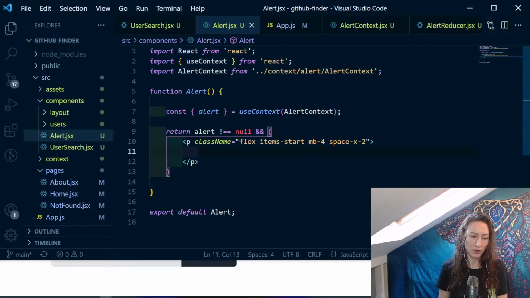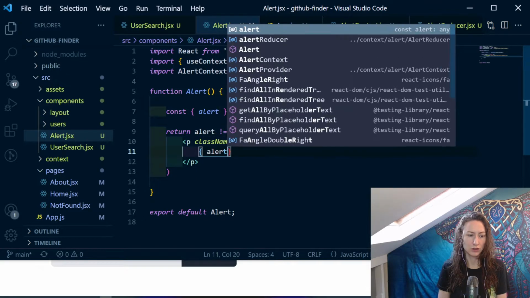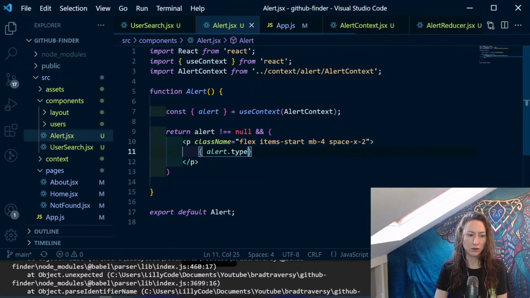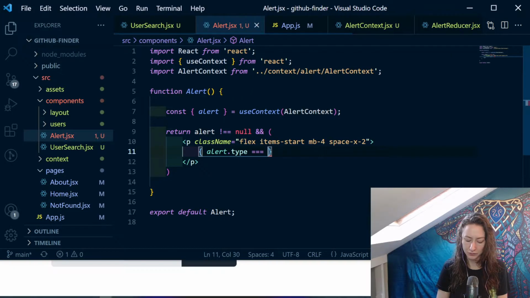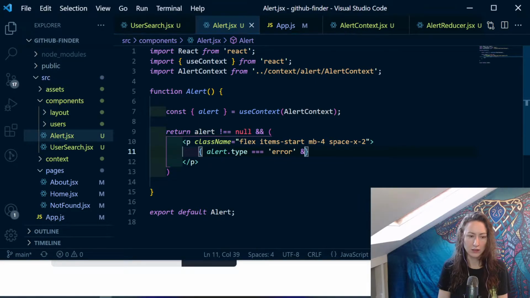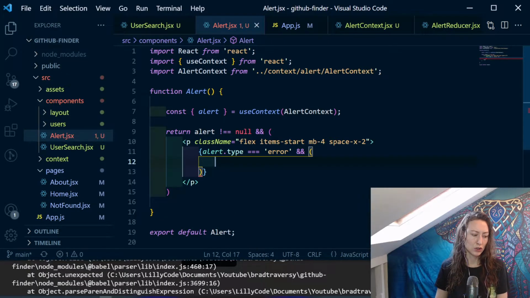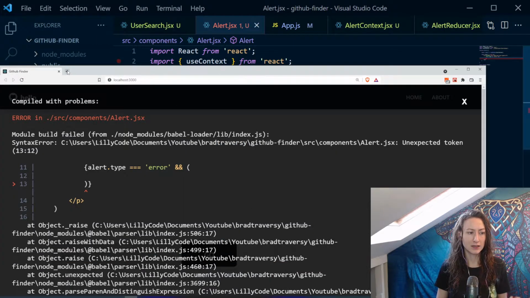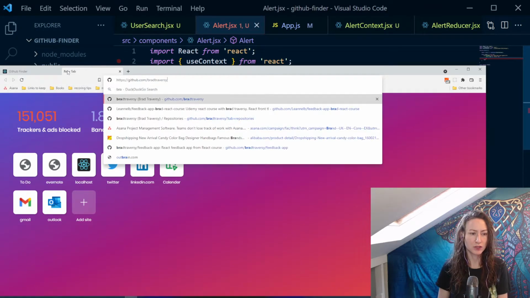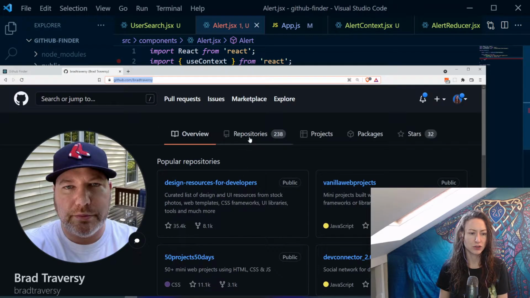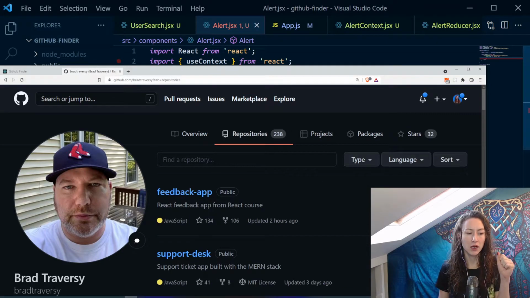So if we have an error alert, we want to show an SVG. So just put alert.type in here. So if alert.type is equal to error, then show an SVG. I'm going to get the SVG from the repository and paste it in here. So we'll do that now. We'll just go to Brad's GitHub repository again. So Brad Traversy, here we go. Repositories, GitHub feedback app,